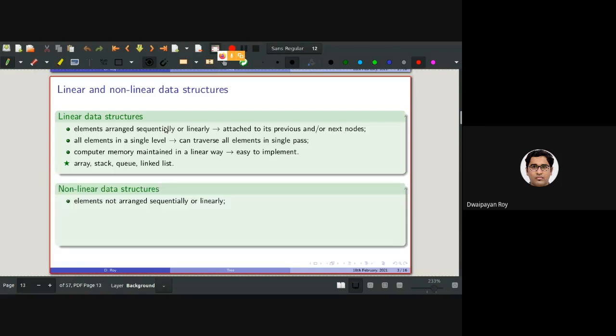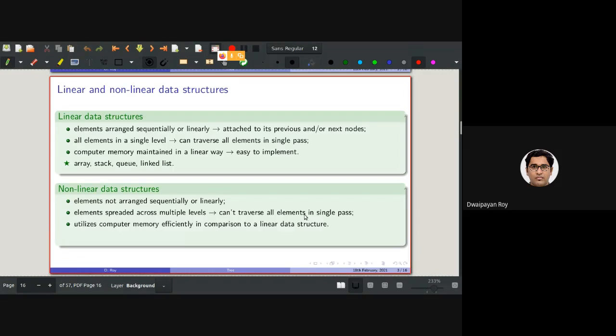In comparison, in a nonlinear data type, the elements are not arranged sequentially or linearly. Elements are spread across multiple levels, whereas for linear data structures it was a single level. That means we cannot traverse all elements in a single pass.